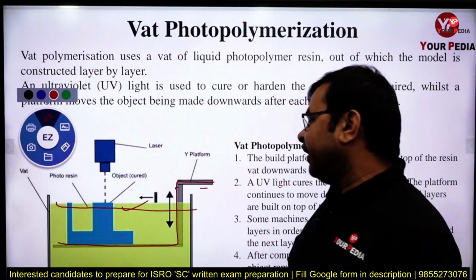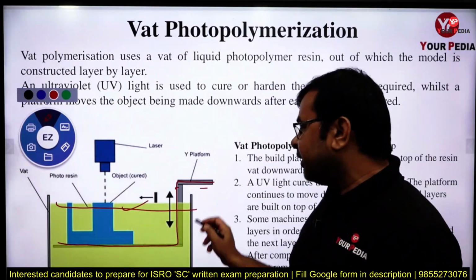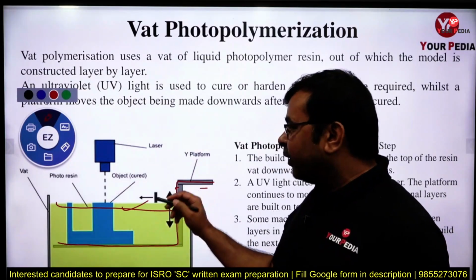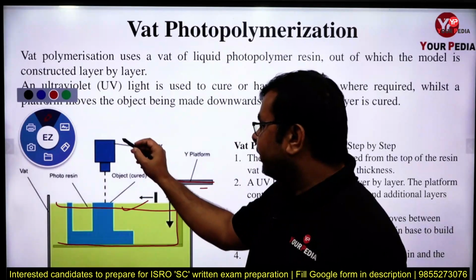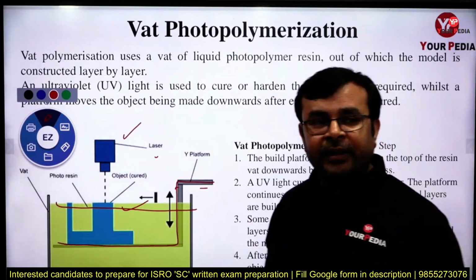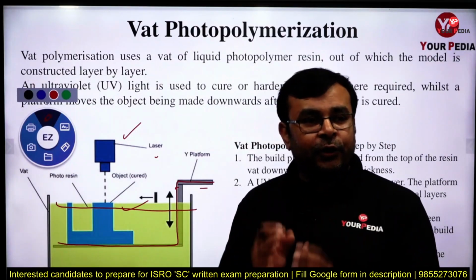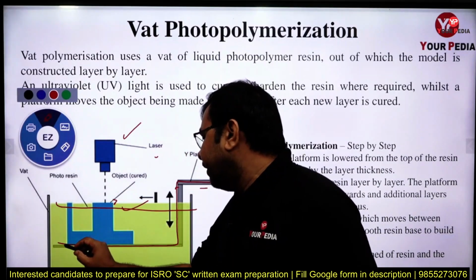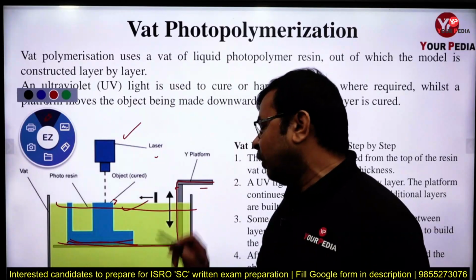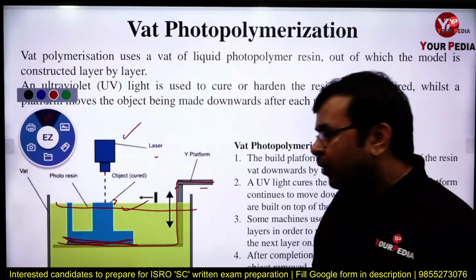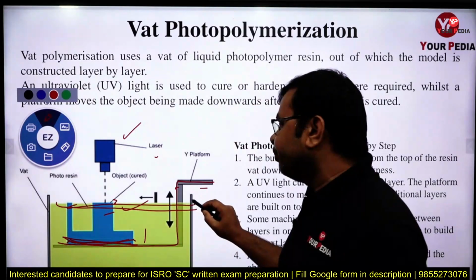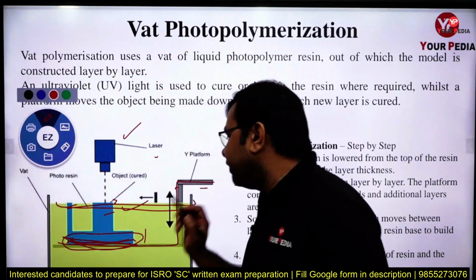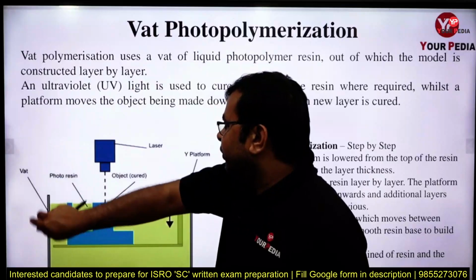Initially it is positioned here and over the substrate we provide a resin, and that resin, according to the shape of the object, we cure with the help of ultraviolet rays, correct, UV rays or laser light. With the help of this we cure a certain region. Let us say the production starts from this surface, not from the top. Initially it is positioned somewhere here, then over this we deposit one layer of this material. How can we deposit? You just see here,